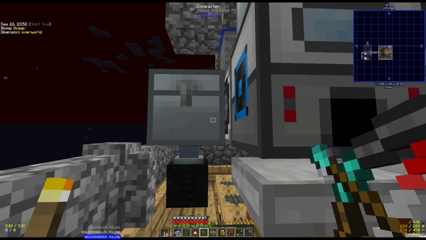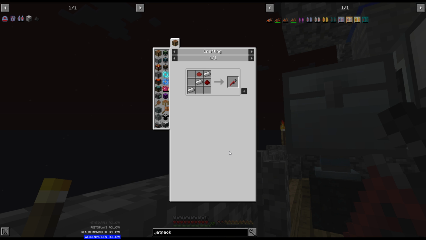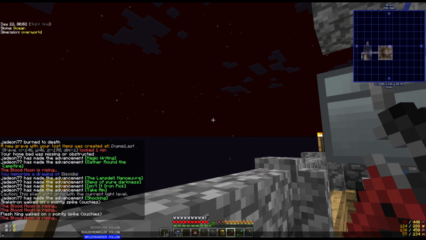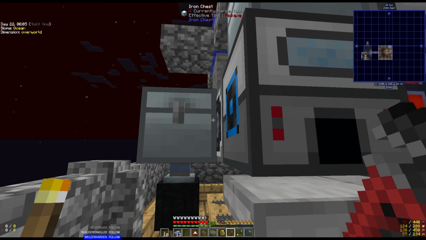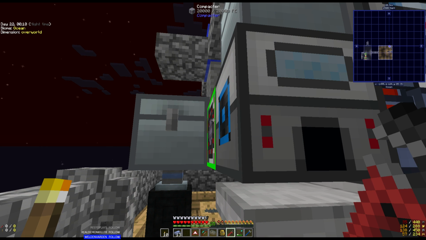And then what you can barely see, I made this lovely little extra utilities wrench. It's a pretty easy recipe. 3 iron, some red dye, some redstone. And right over off to the side, this wrench, if you see, I can access a little looks like an